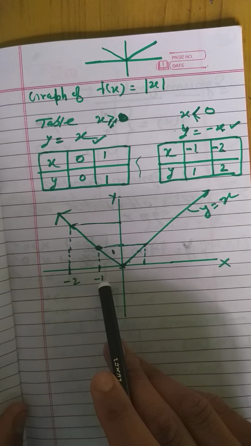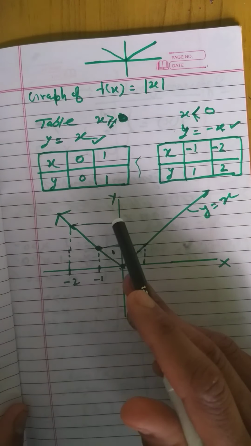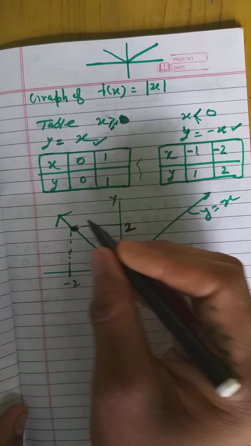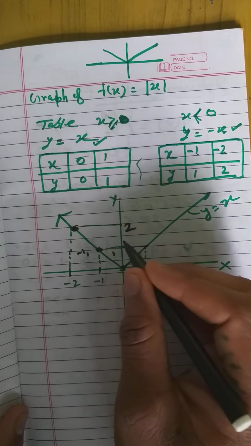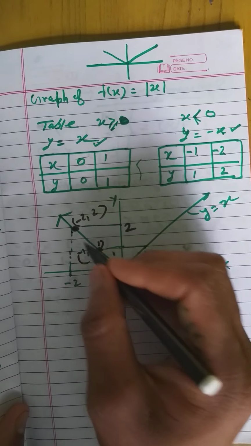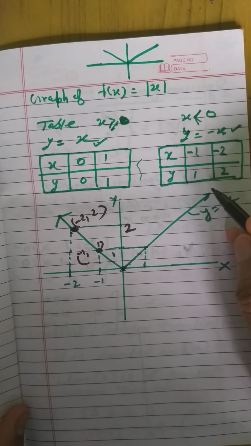If you are putting x equal to minus 1, you are getting y equal to 1. If you are putting x equal to minus 2, you are getting y equal to 2. Right? The coordinates are minus 1 comma 1 and minus 2 comma 2. After joining these, you will get a straight line that passes through the origin. Same way for the positive